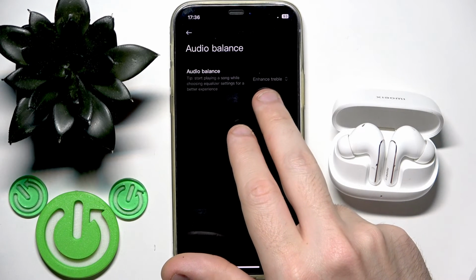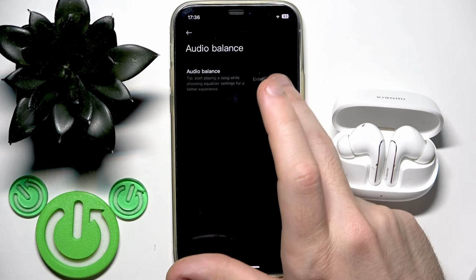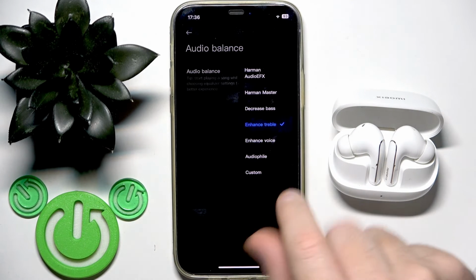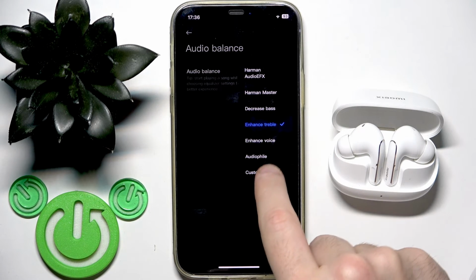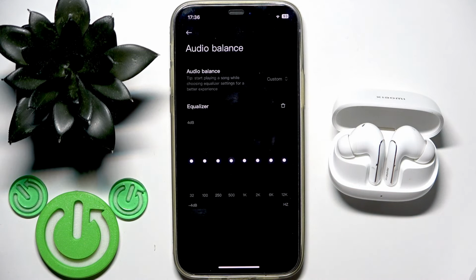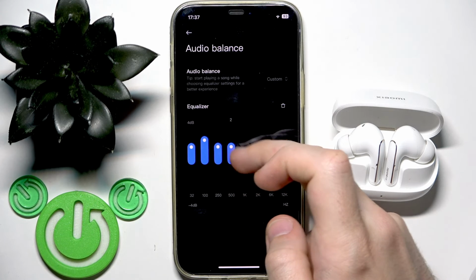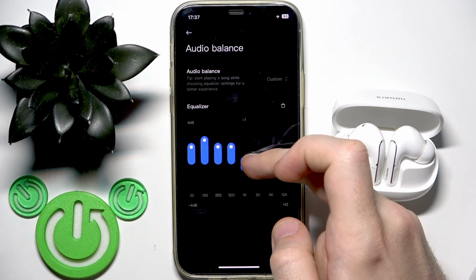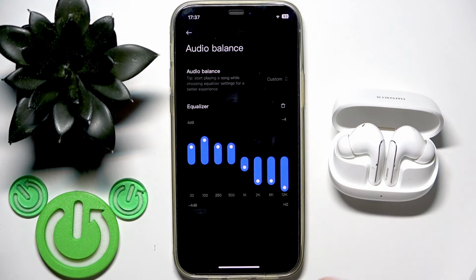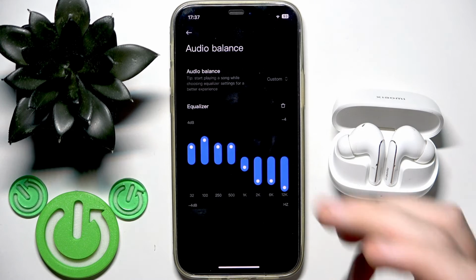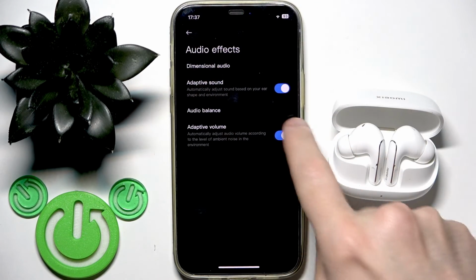and right here you need to click on the selected Equalizer preset. Right here at the bottom we have a custom preset, so tap on it also. And now you can make something good for you, so just move these sliders and check what will be good for you. Let's say that's okay for me, and now you can go back, because as you can see